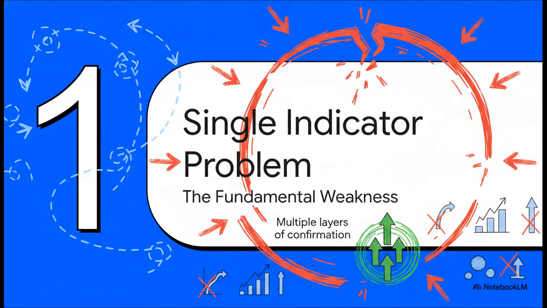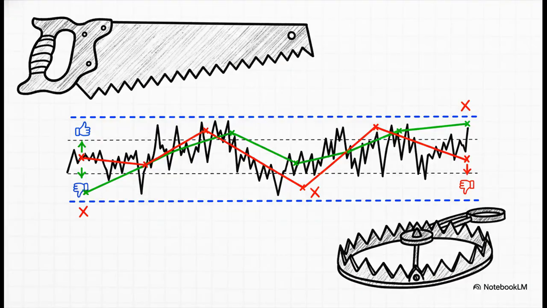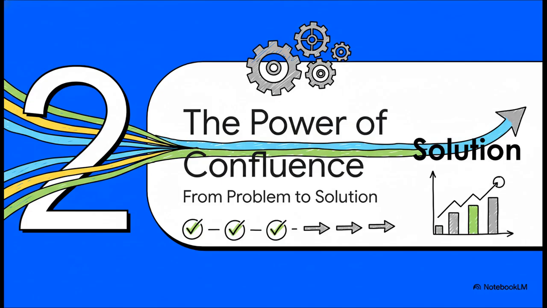All right, so let's really dig into that first approach. This is the big one. This is the fundamental weakness that plagues so many popular strategies, the single indicator problem. Okay, take a look at this. This slide is the perfect picture of the whipsaw effect. Just look at that chaotic price action. In a sideways market like this one, a simple moving average crossover strategy would have you buying at the top, selling at the bottom, buying at the top, selling at the bottom, over and over again. It's a total trap, and it's what happens when your indicator can't tell the difference between a real trend and just random market noise.